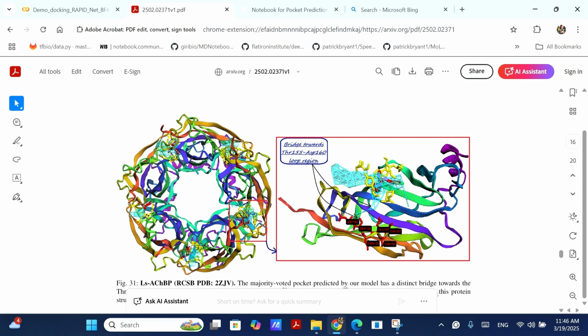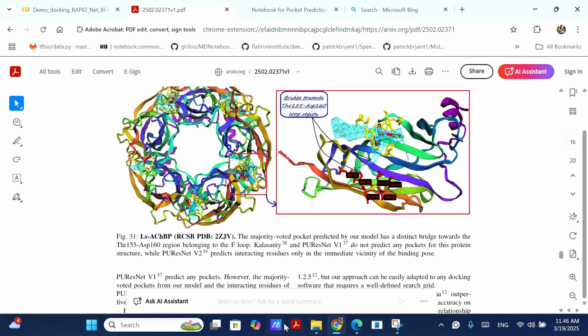Like this. And in this case, you can see that our pocket predictor has majority voted. It predicted all 5 pockets confidently. And you can take a look in our paper that